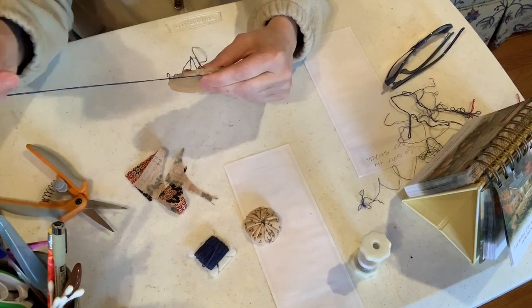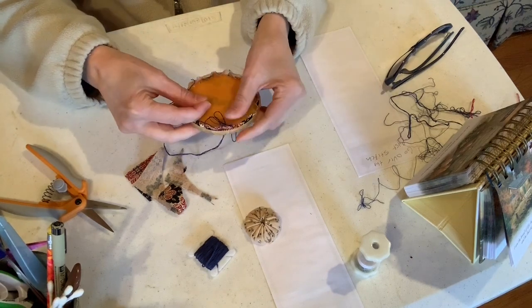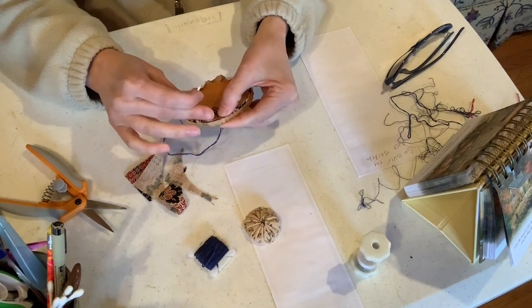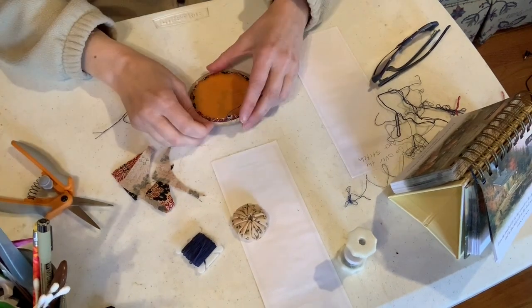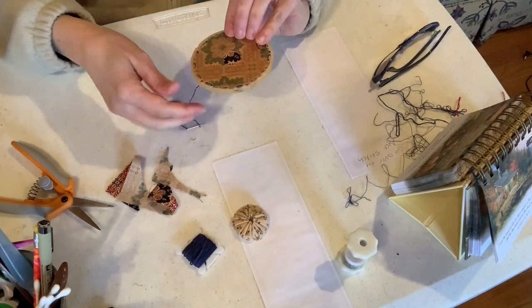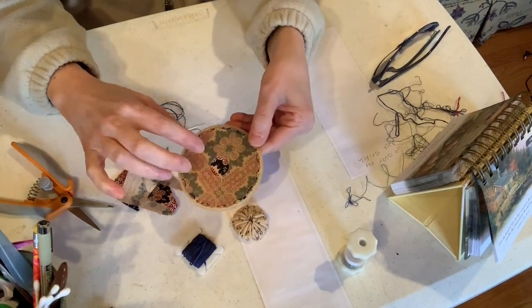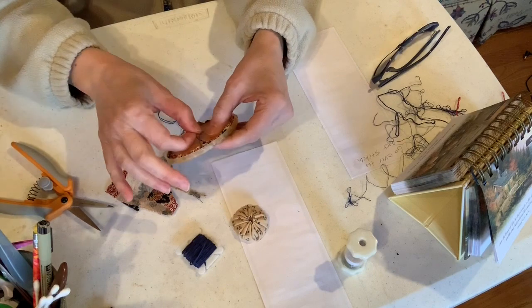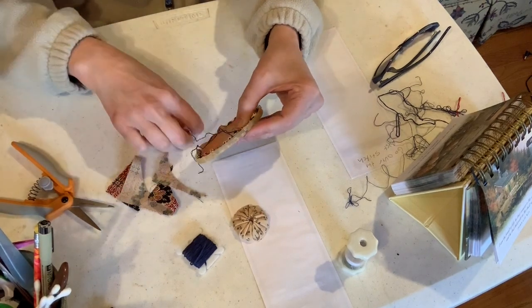All right, and then you go all the way around. So when I get done going all the way around with this, I will show you what it looks like. I'll be right back. Okay, so we're back. I went all the way around, and as you can see, I have all my stitches done, and I went back to the beginning and did that stitch. So the next thing we're going to do is